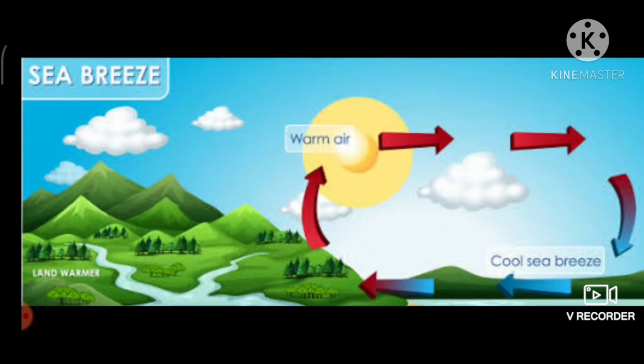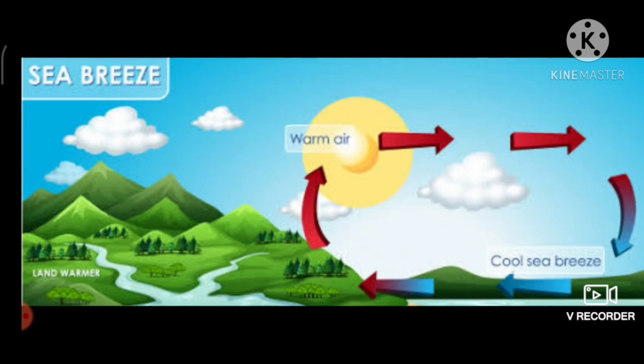When the cooler air moves from land to the sea, the water becomes cool, so it turns to a cool temperature, whereas the warmer air, when it moves from sea to land, becomes warm air and circulates in the atmosphere. After becoming cool, it also moves to the sea. This is about the sea breeze.